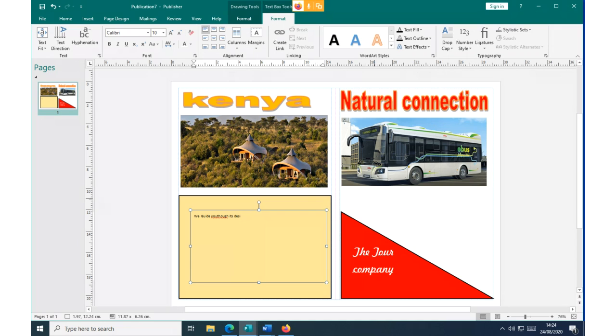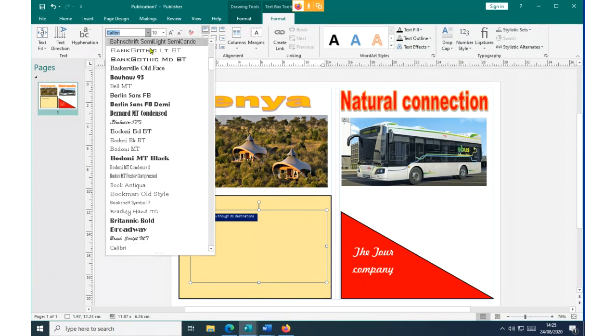So I'm typing Kenya. We guide you through the destinations. It's small. I want to make it big again.